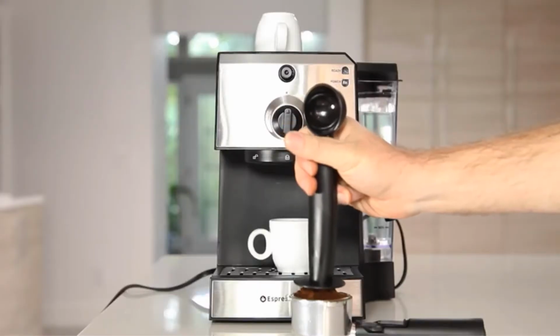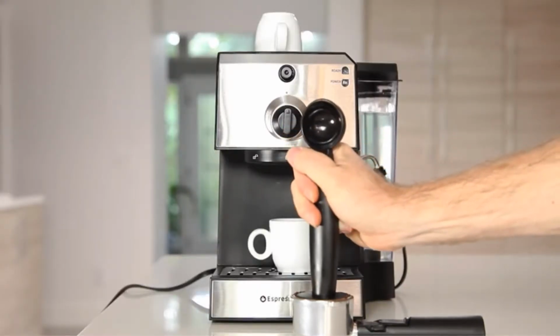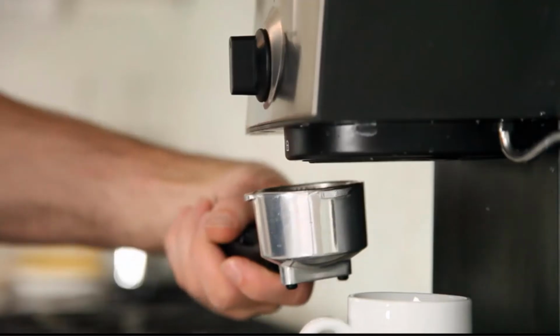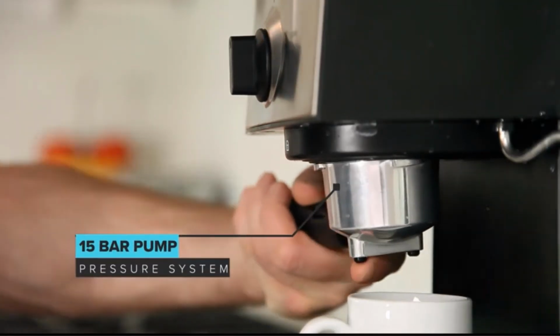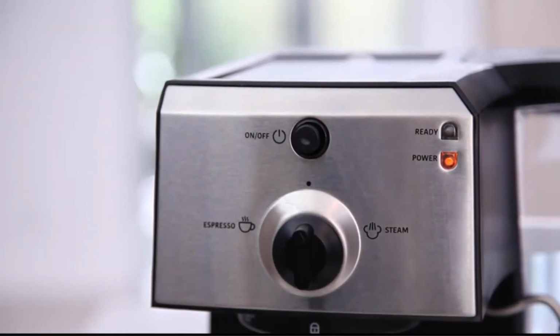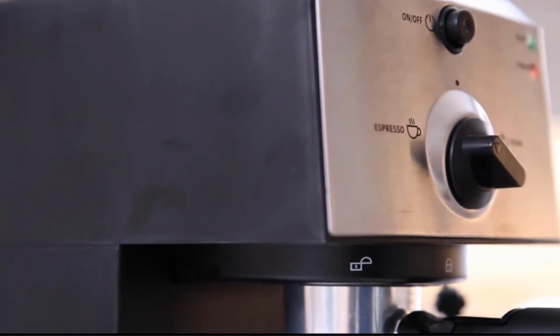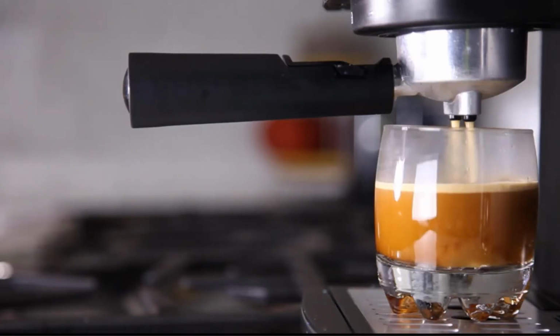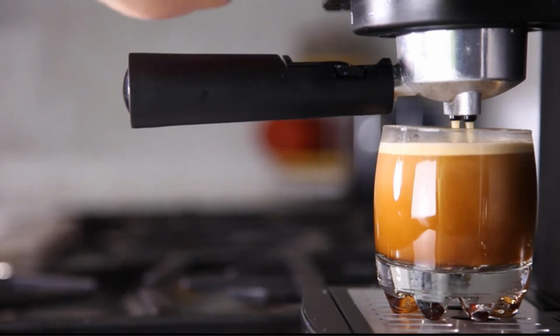And the 15-bar pump makes it easy to create the perfect crema with a bold taste. It also includes a built-in steam wand to steam or heat milk to prepare your espresso drinks. You will find it impressive that you don't need to purchase any additional accessories when you buy this machine. The all-in-one set includes all accessories you need, including an electric grinder, portafilter, stainless steel frothing cup, measuring spoon, and